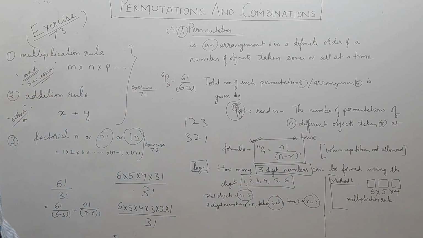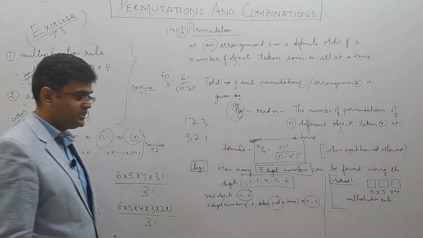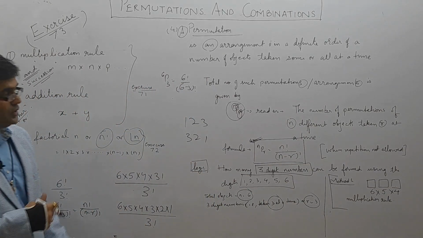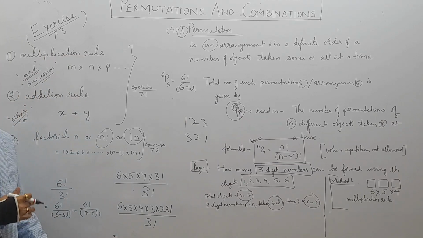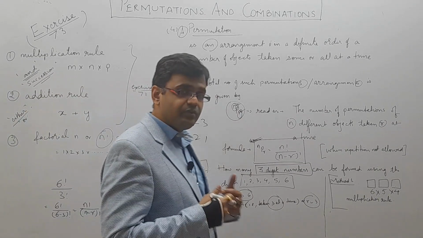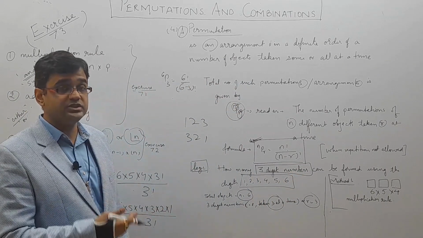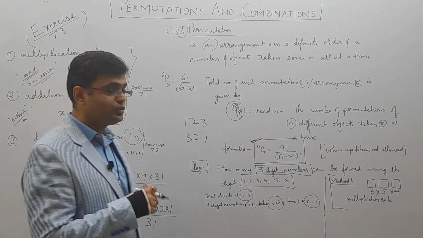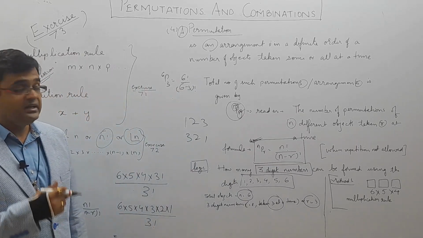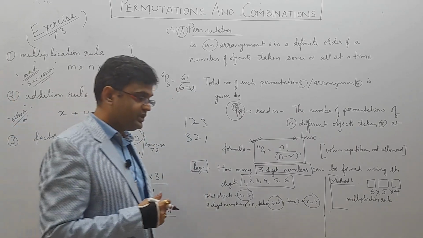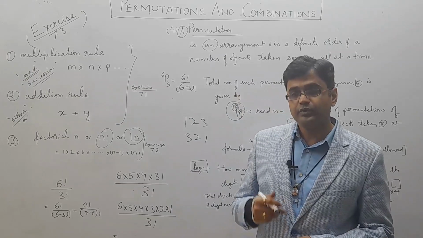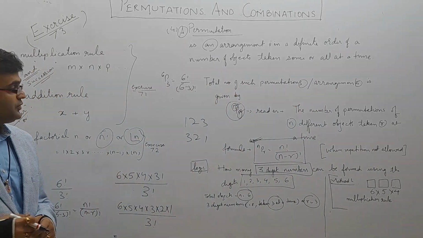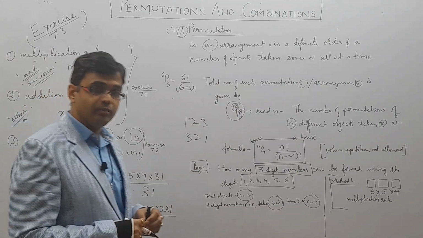Here you will say that there is no difference between the multiplication rule and permutation. Obviously, the formula for permutation is derived from the logic of the multiplication rule, so here it seems to be the same. But when we apply this in various other situations, you will find that the multiplication rule cannot work or will not give the desired result. There you will come to know the exact importance of the formula of permutation or the concept of permutation. So when we solve the exercise questions, it will be more clear.